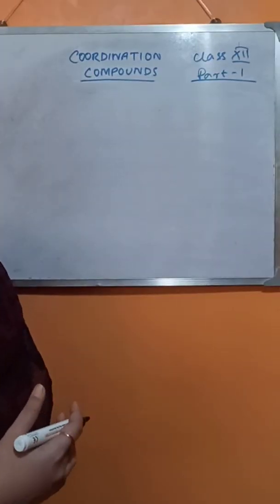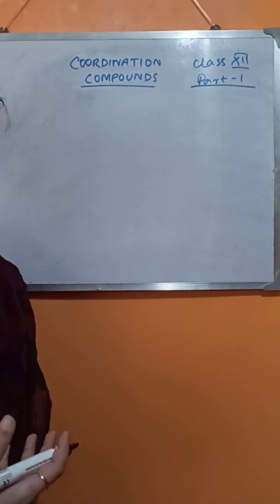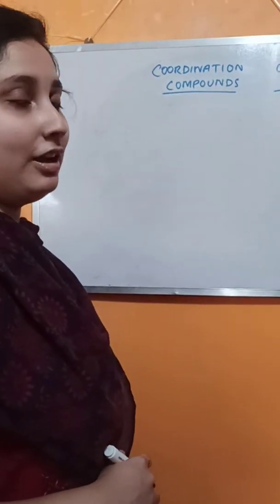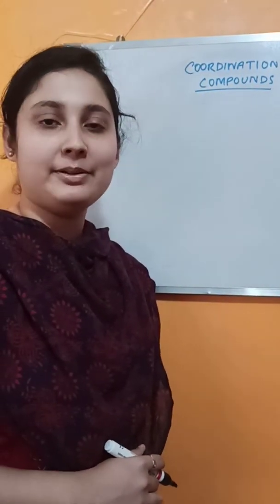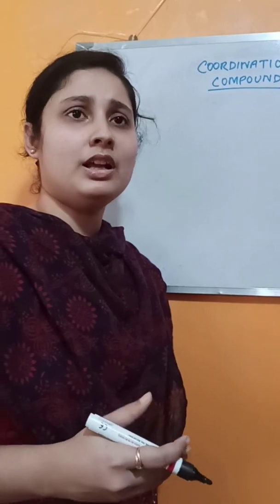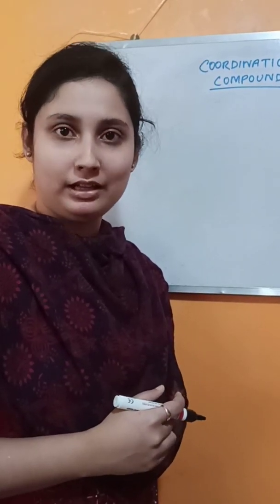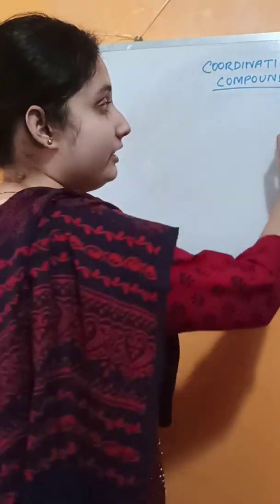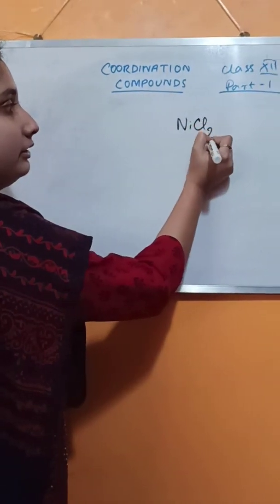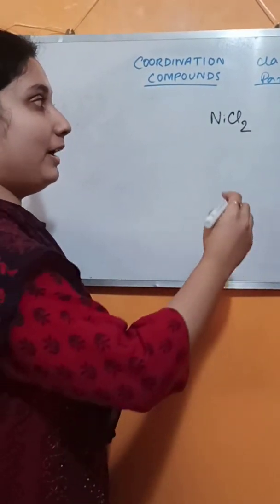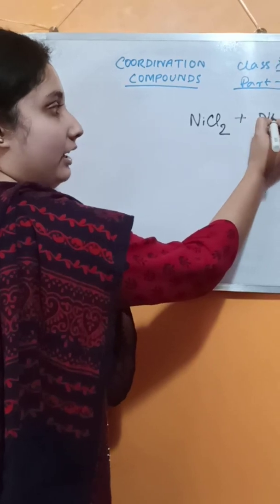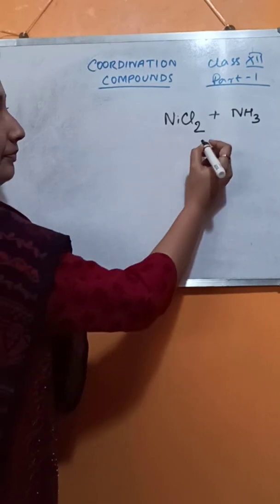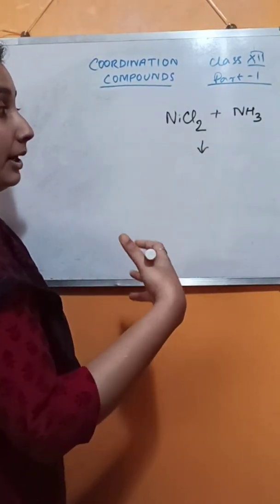In this video, first I'll give you an example of a reaction and then I will teach you what coordination compounds are. What actually happens is that if you react ammonia with a green solution of NiCl2, what is NiCl2? If you pass ammonia, or add an aqueous solution of ammonia to NiCl2, you will see a new complex ion